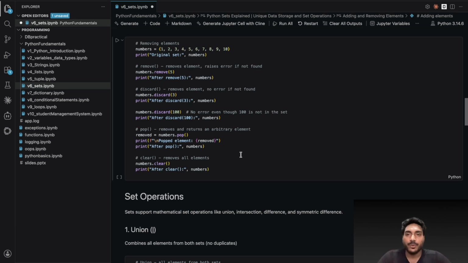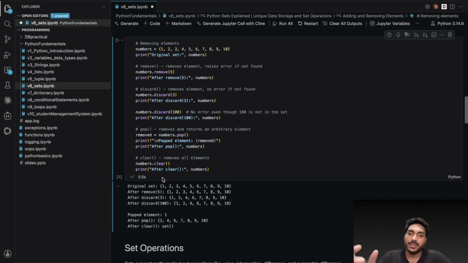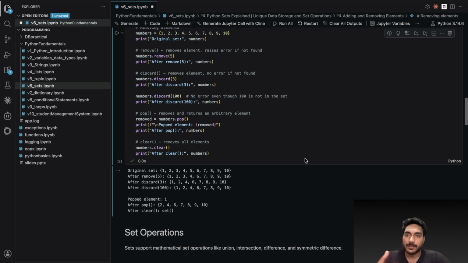Okay, now moving forward to how we can remove elements. Here, I have an example where I have numbers, a set which starts from 1 till 10. Now, if I have to remove something from there, I'll use the remove function. With that set, I'll use remove and say I want to remove 5. It will remove 5 from the set and return the numbers from 1 till 10, but without 5 because it's removed. In the same way, I can use